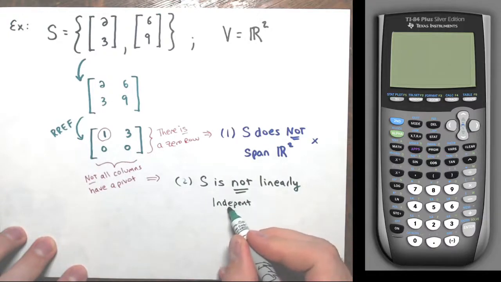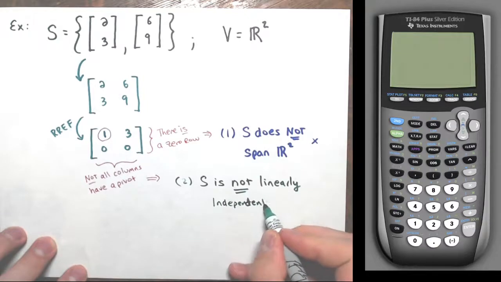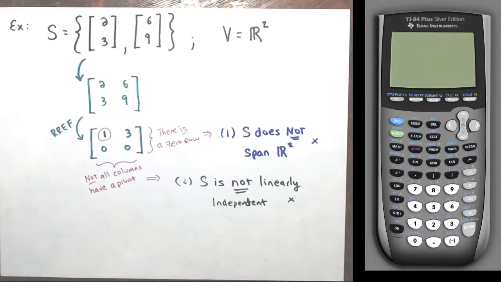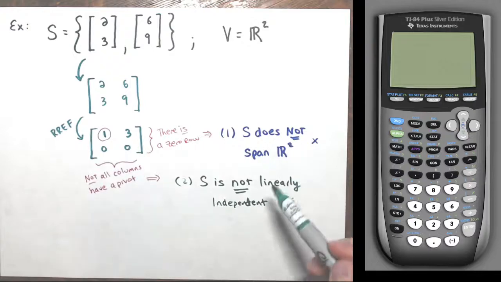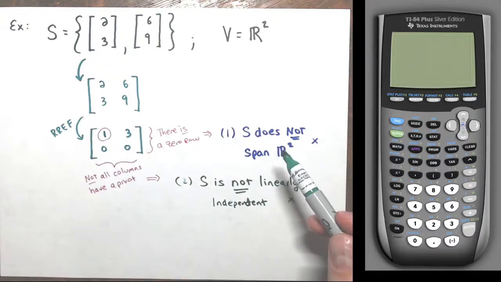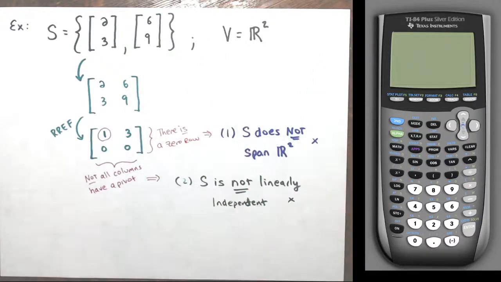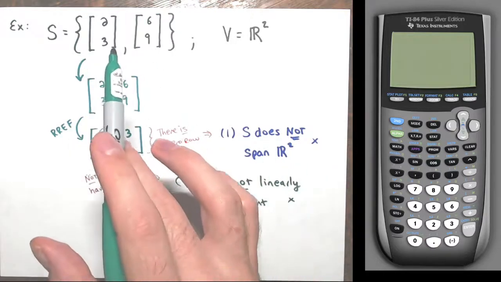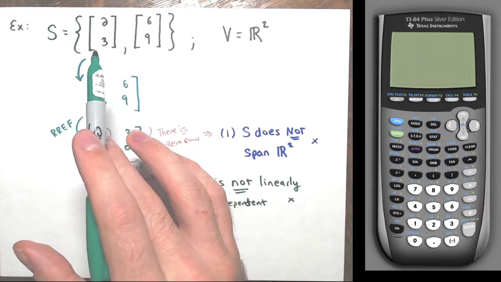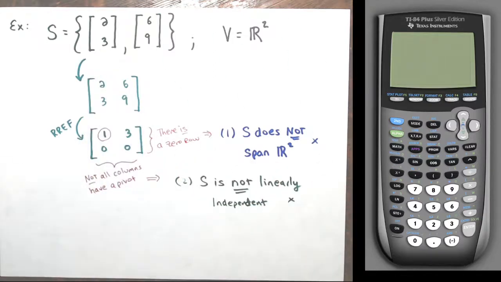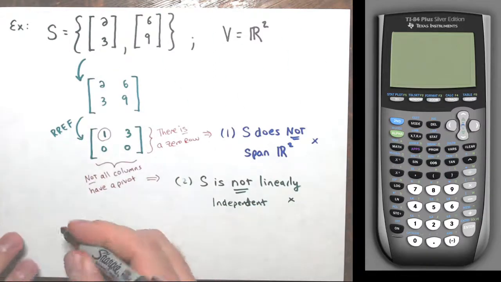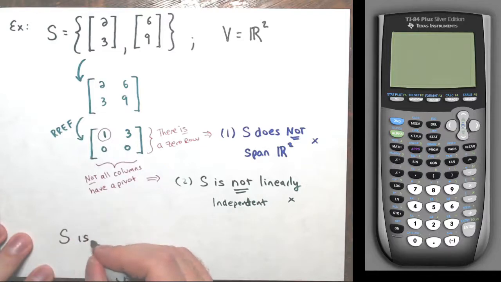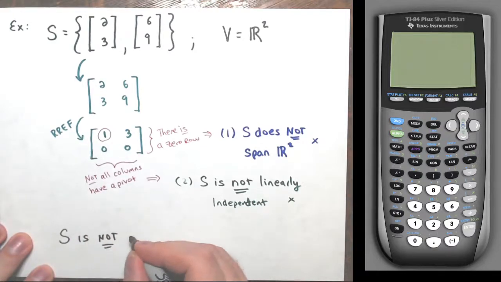So that's bad too, right? Again, both don't have to fail. If one of them fails, then it's not a basis. And again, if I say S is not linearly independent, that just means it's dependent, meaning that one of the vectors can be written as a linear combination of the other ones. And as I said earlier, 6, 9 is just 3 times this first vector. So definitely here we have S is not a basis